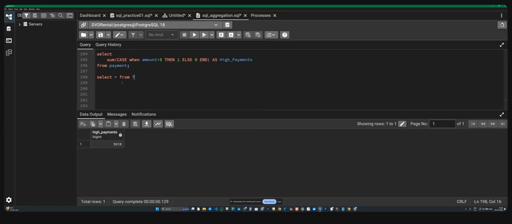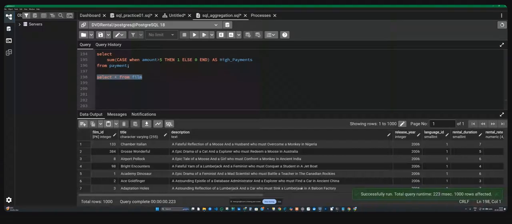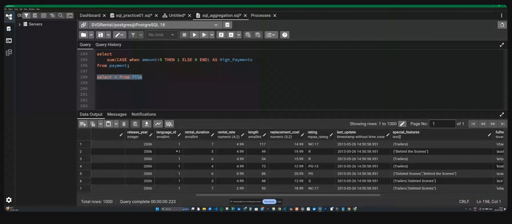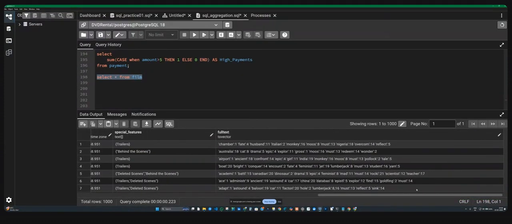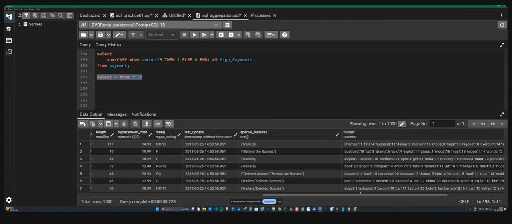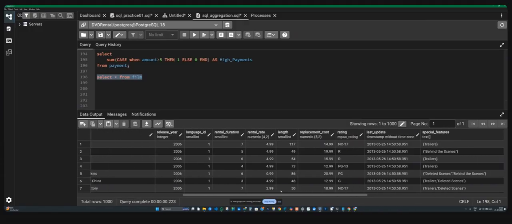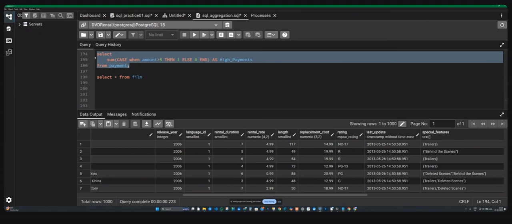Select star from film. Okay, we'll take one more example. Now we have some numerical values here. Film, and what else do we have? Full text, special features, last updated, rating, replacement cost, length, rental duration, language ID. I'll pick rental duration, or I'll pick rating. I'll just copy paste